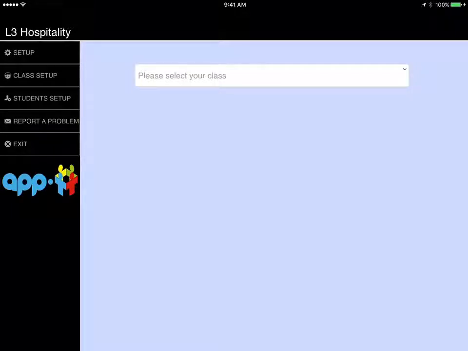Welcome to this tutorial about using appT for assessment in hospitality. You can see that appT is open on the main home page. Down the left hand side of the screen there are class setup, student setup, report problem and exit buttons there,